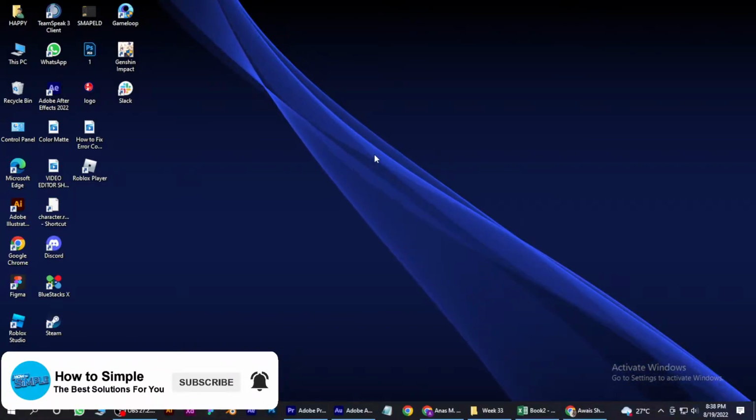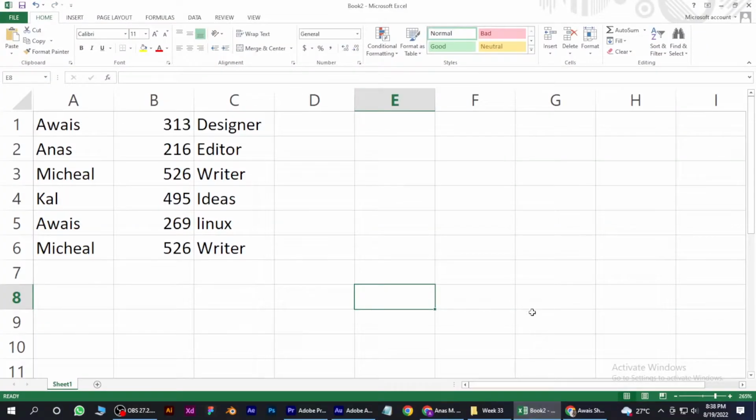So first of all, you have to open your Microsoft Excel. Here as you can see, I have put a small amount of data with roll numbers and their category, and of course in column A there is the name of each. So first of all, you have to select all of this data